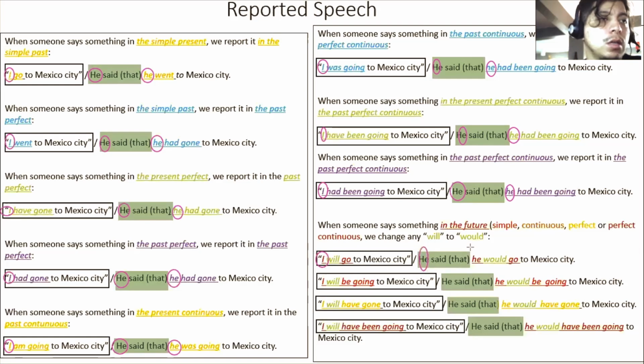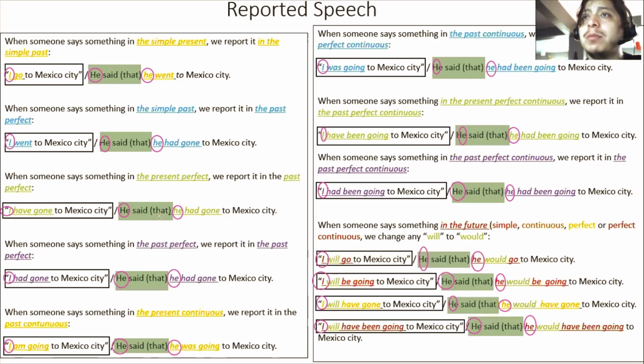I, he, I, he and he, I, he and he, I, he, and he. It could be she if the original speaker was a girl or woman, okay? In this case, they are just generic things, generic sentences. And finally, the last thing that you have to do is, as you remember, you need